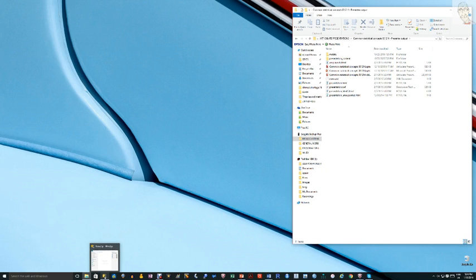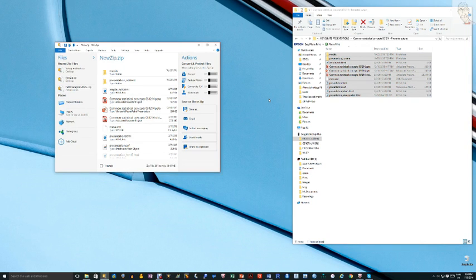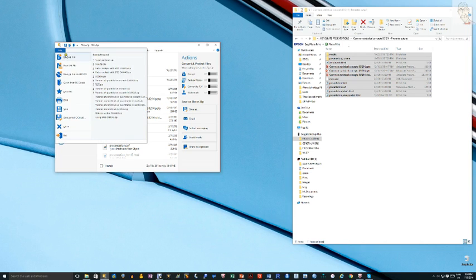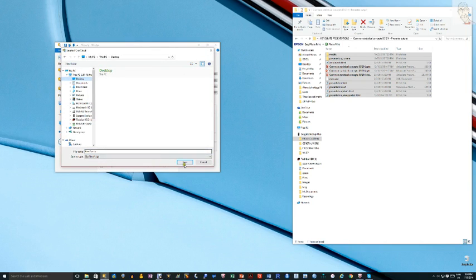To be able to link things in to Canvas, you have to zip them. So open WinZip or some similar software that you may have, and drag the files across into WinZip. Once they're in there, you need to save that file somewhere convenient like your desktop, and name it the same as the source file, so